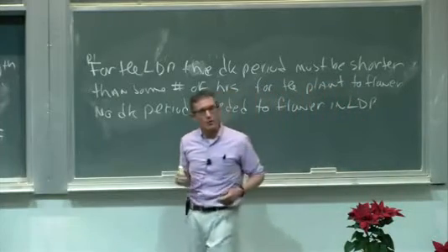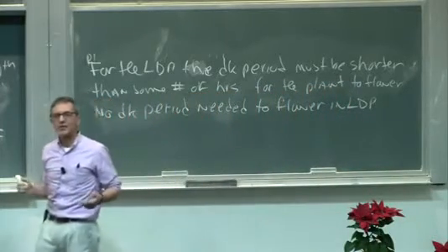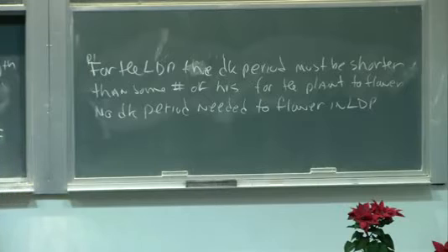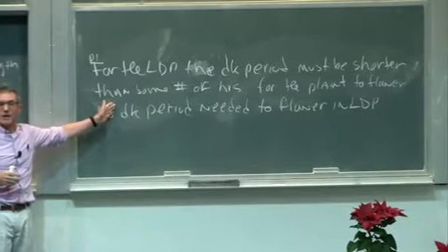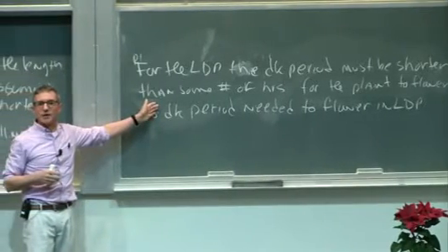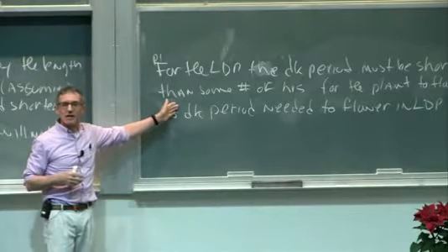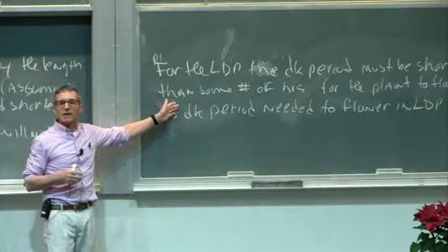So, their original idea that it was the length of the light period which controlled flowering was reversed. We now know that the events which promote flowering occur in darkness, or the events that inhibit flowering occur in darkness for the long day plant. This is an important observation, and it is central to our understanding of the controls of